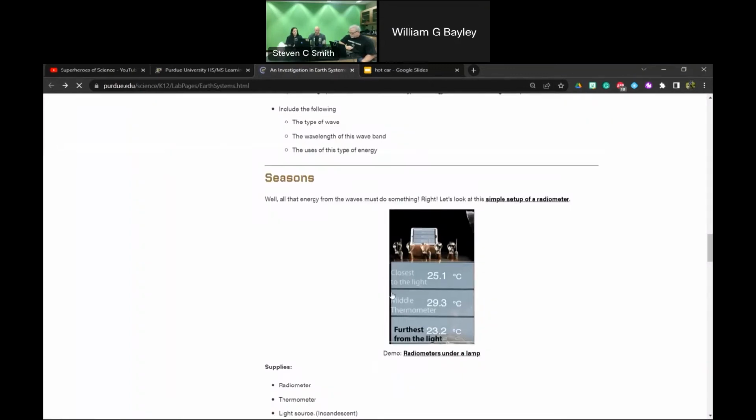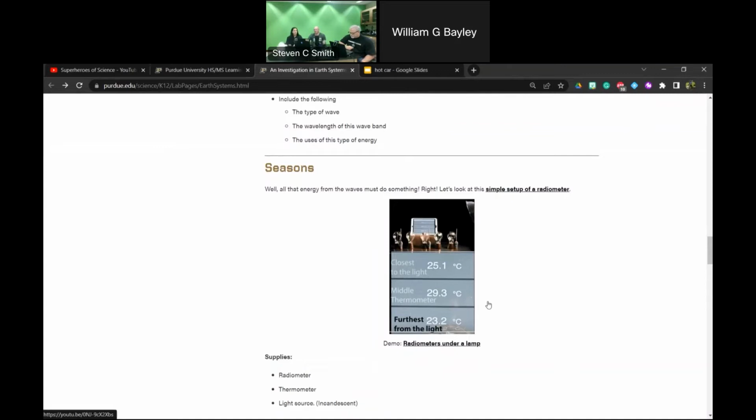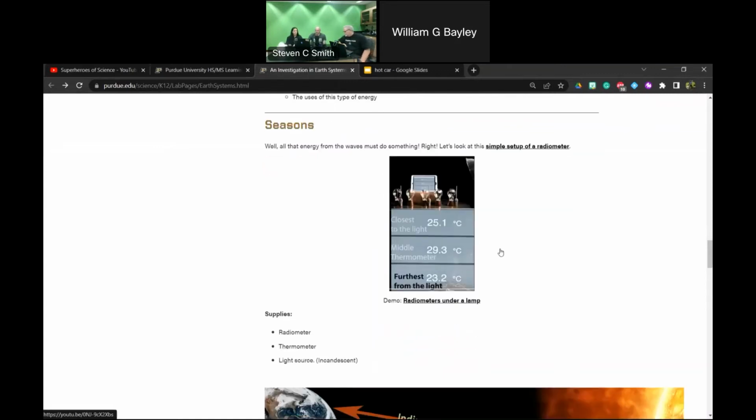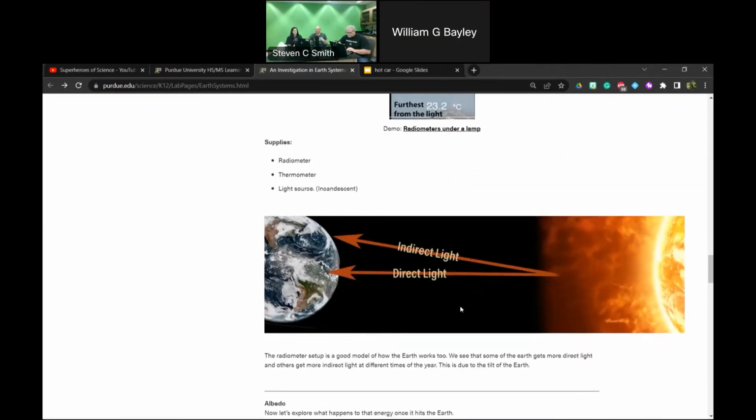And that's the screenshot from that. We can make it play small in here if that's more useful. But that is a setup that I would do every year in teaching seasons because it kind of drives home the direct versus indirect side of the idea. And I do the demo before we do the globe, and then I have a student hold a flashlight or just use the light up there. We tilt the globe, all right, what's 23 degrees? Let's tilt. Now we talk about this picture. We talk about that with a globe and a light source.